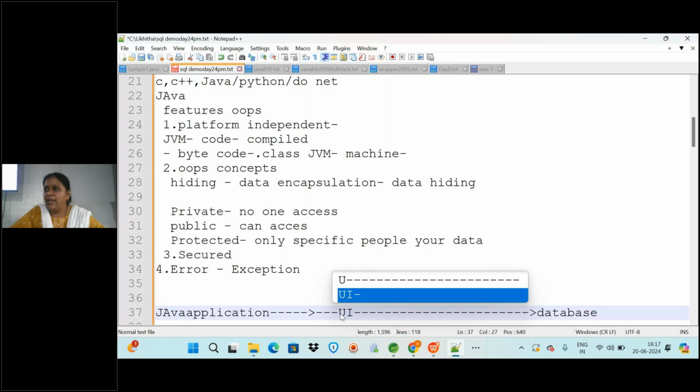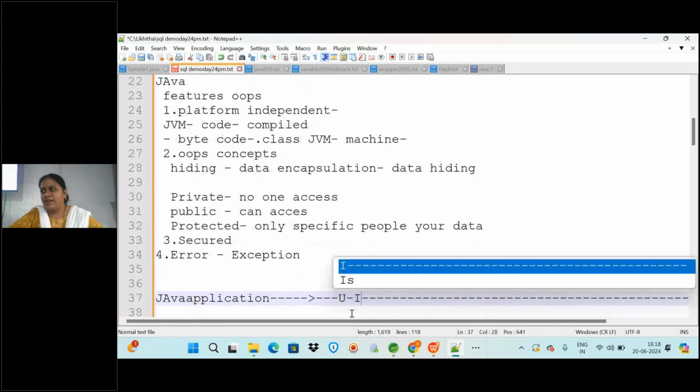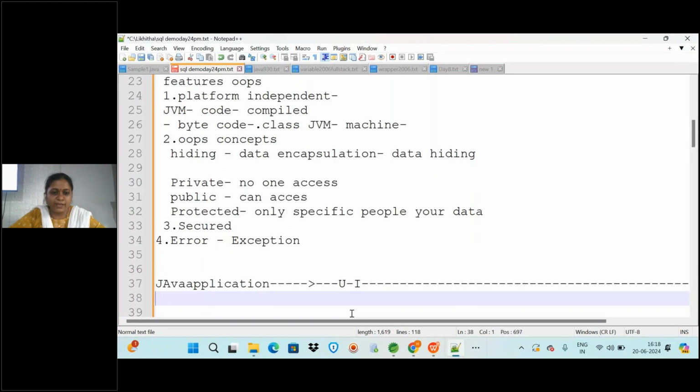You are writing code and connecting to the database, and you will give it to the client who works in maybe some shop. They will be using your application, any grocery store or Reliance Smart or any store. Will they understand all this code? If you say no, they cannot understand the code. They need something to just enter data and see it displayed, correct? That user-friendly screen will be developed by the UI, our front end application. For that, we are going to learn HTML, CSS and JavaScript. Okay, is it clear to everyone?